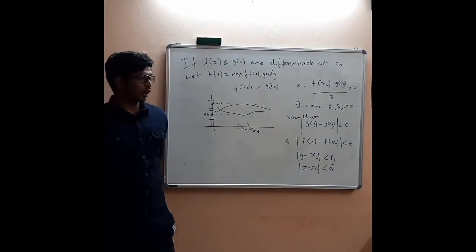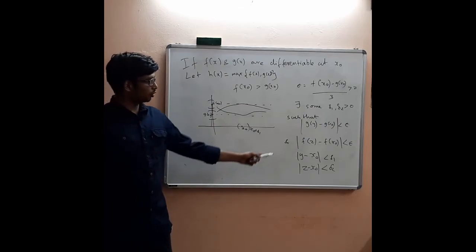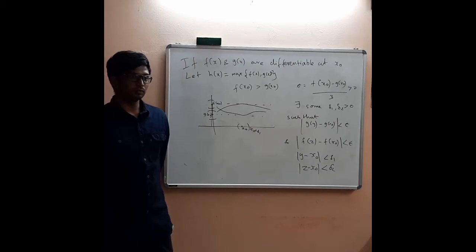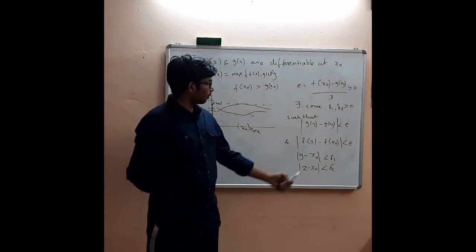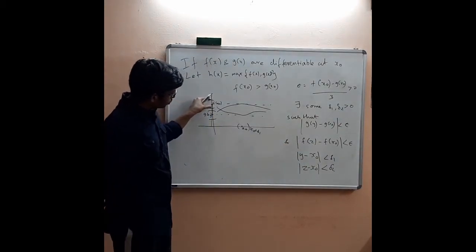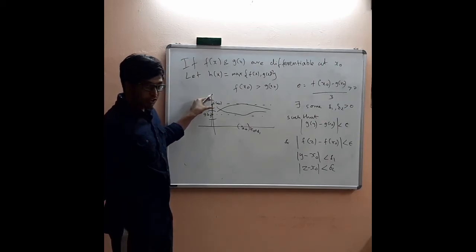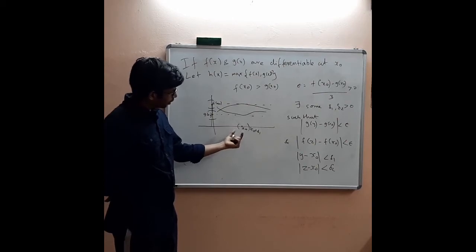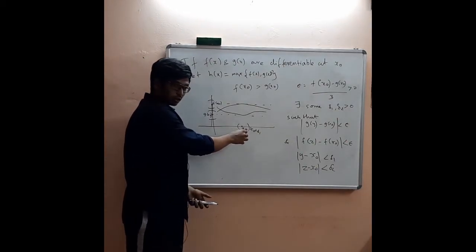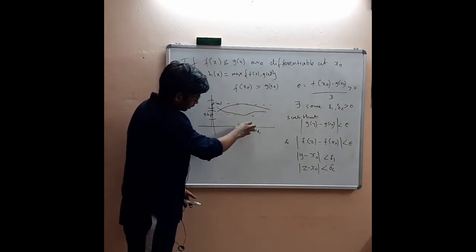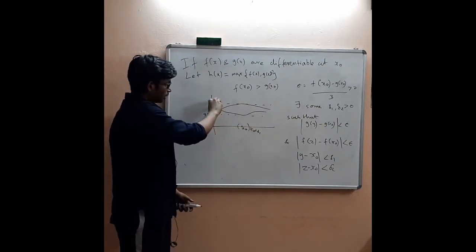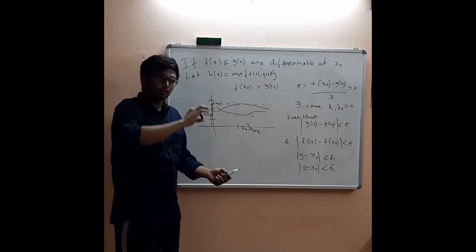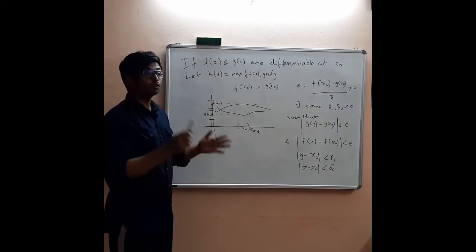One definition is the limit definition, and another is the epsilon delta definition. This is called the epsilon delta definition of continuity. However close you look into the function value f of x naught, you should be able to find an interval close to x naught such that this interval is mapped into this interval. It is getting closer and closer. You're not going to have any jumps. That's what it actually means. You should not have any jumps.